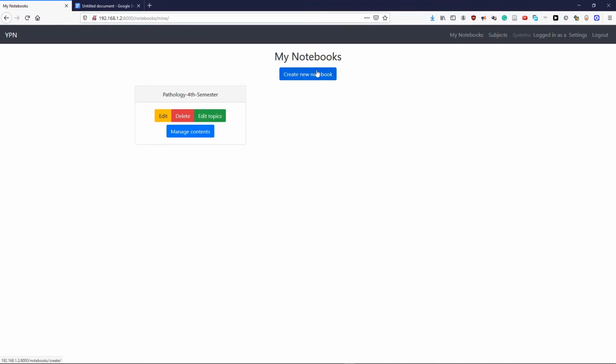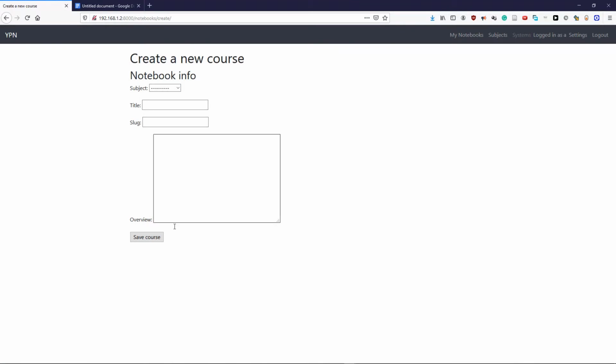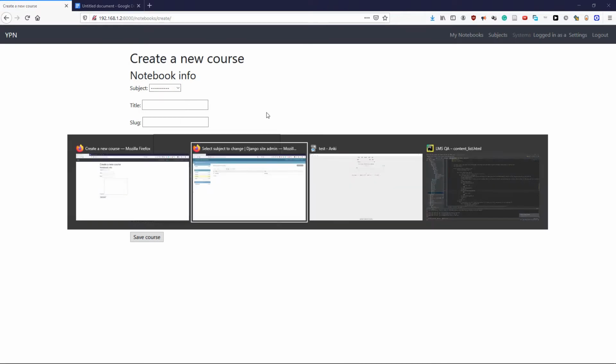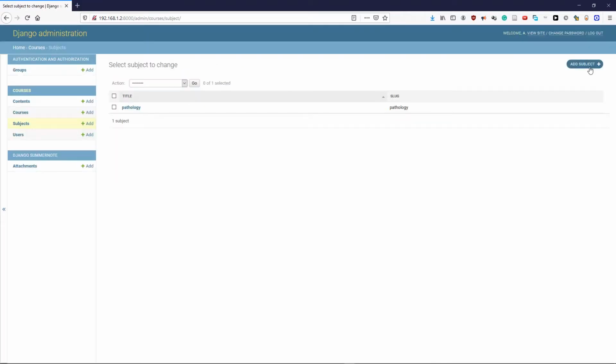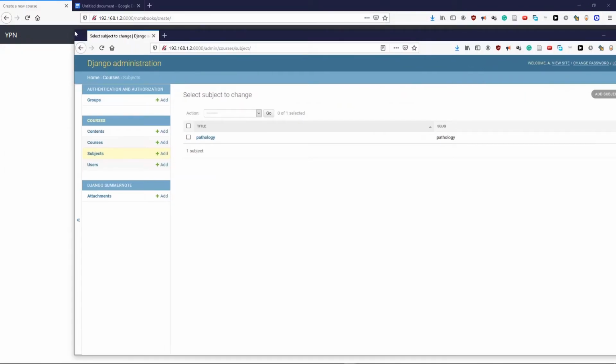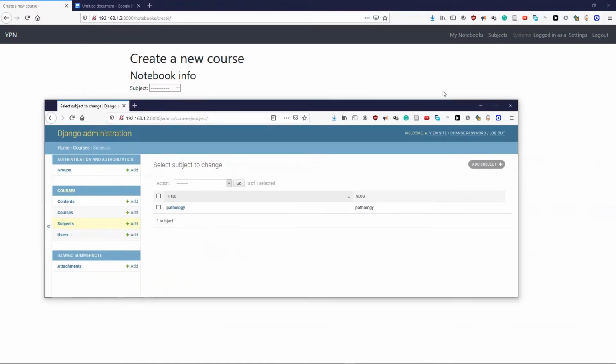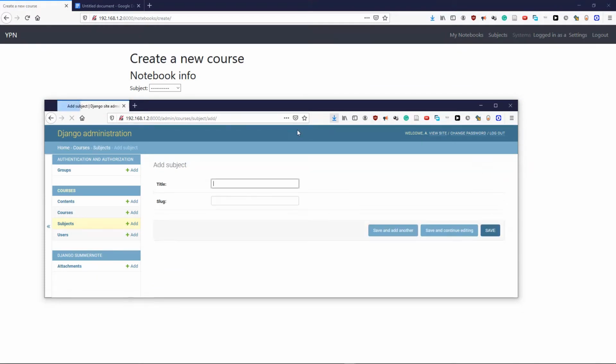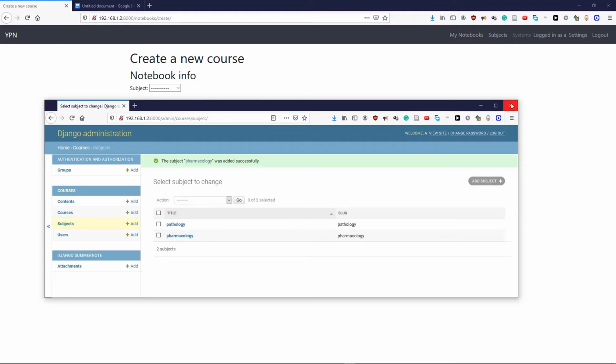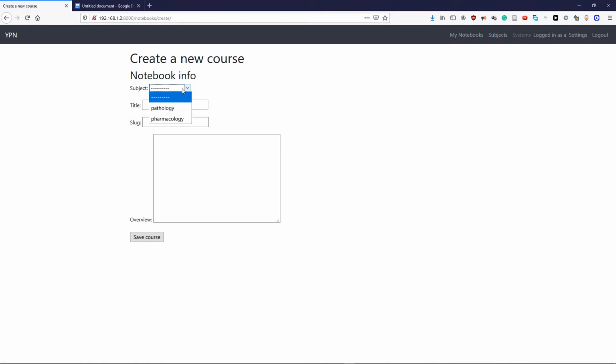So when you create a notebook, you go through this form here. You select a subject, and right now you can only add it from the admin area, but it's something that can be integrated later here, so that users will be able to add their own subjects. Let's say if I want to add pharmacology as a subject, as a greater subject, a group of courses, I would do this, and then here I refresh, and now I have pharmacology,